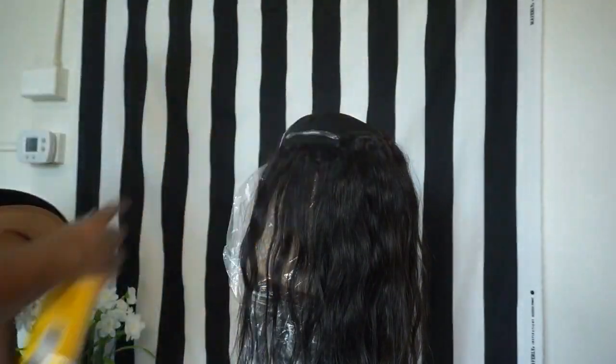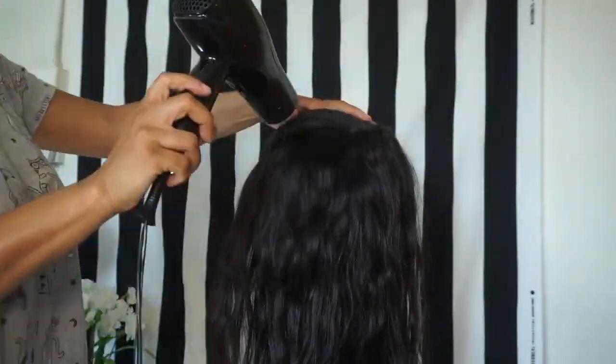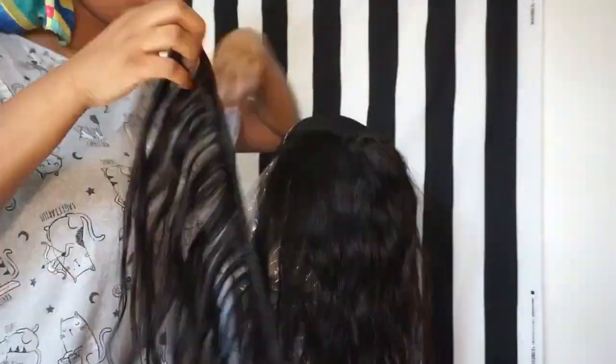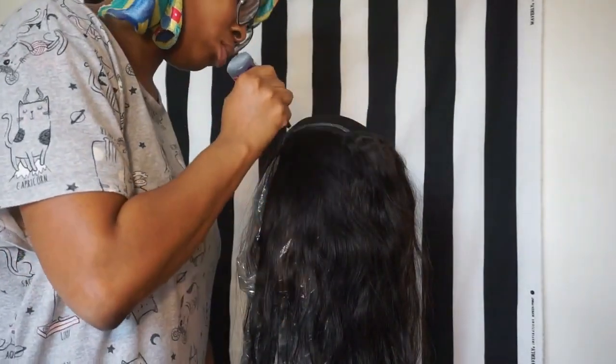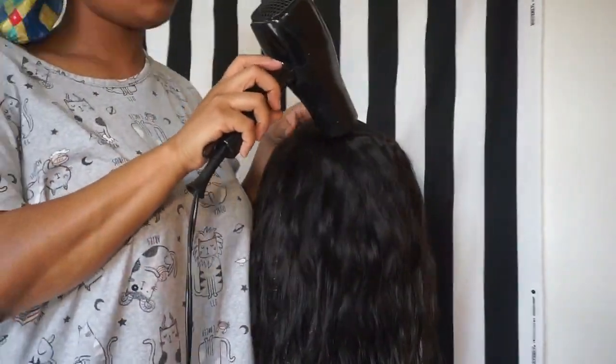Right here, I'm just lining up that track. I'm just lining up the tracks for my side part, and I did a V shape for my part. I should have just did a middle part and then twist the wig to the side to make that side part, because it came out kind of like a V, but one side was long, one side was short. But that's okay, because listen, sis,